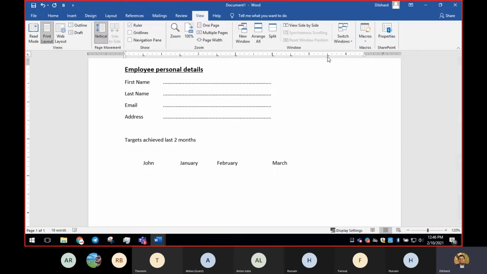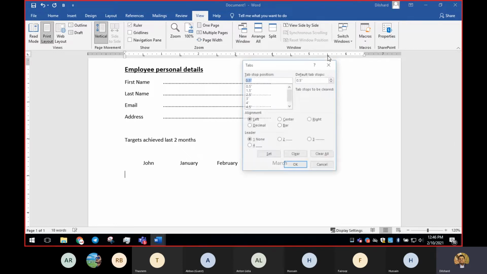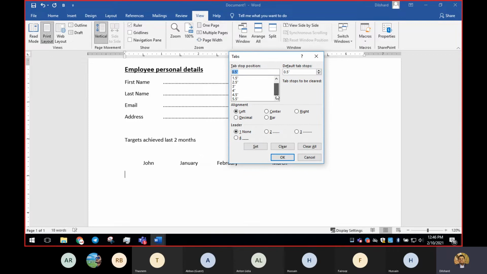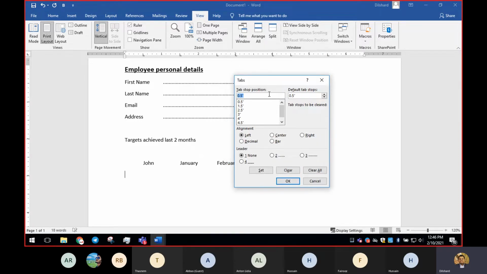Once you double click this tab window, you will find many points now, since we have 1 2 3 4 5 6 7, see here. So don't get confused. You see your ruler and decide. Very simple, right? See your ruler and decide wherever you need. So according to the ruler points, I don't want any dots between 1 and 2, right?